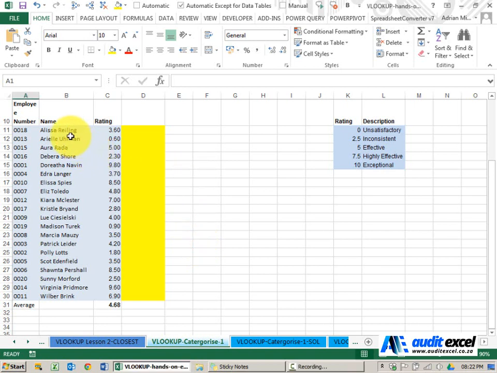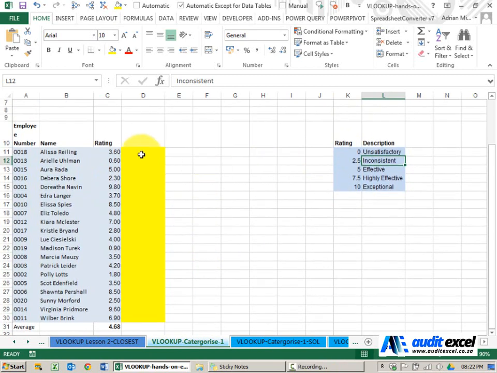In this example, we've got a whole bunch of employees. We've got their performance ratings and there's decimal numbers here. We want to categorize it based on this table. So 0 to 2.5 is unsatisfactory, 2.5 to 5 inconsistent, etc. The way we do it